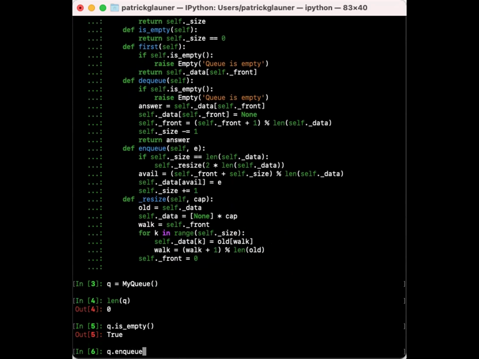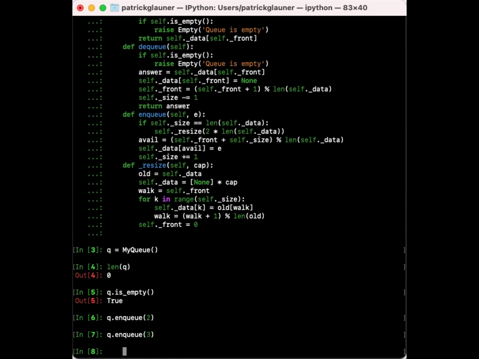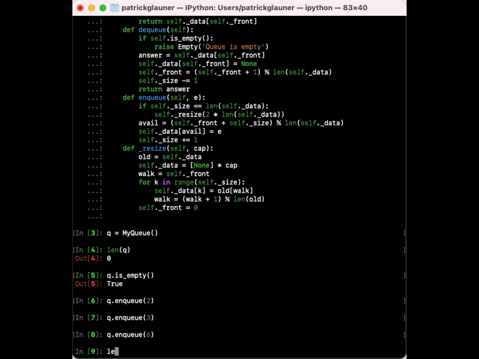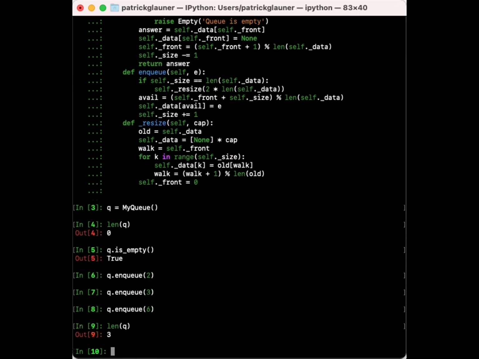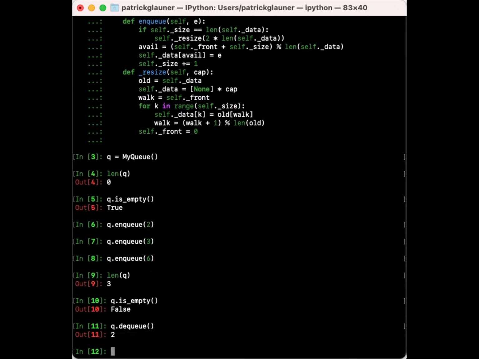And now we can enqueue, for example, 2. We can enqueue a 3. We can enqueue 6. The length of this is 3. Queue is not empty anymore, and we can dequeue. We get the 2, and now we see we have